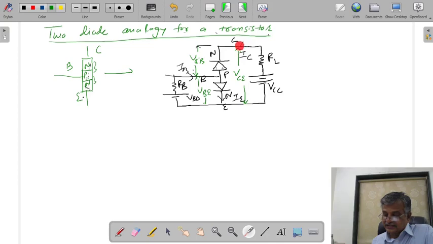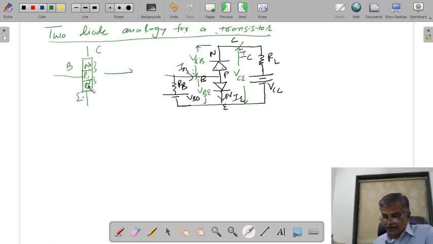This current flows like this, in the opposite direction to the arrow. Don't think the arrow always shows the direction; you have to see whether the diode is in reverse bias or forward bias. See, this one is in reverse bias, so the current flows in the opposite direction of the arrow. So IC is in this direction. This diode is in forward bias, so the current is always flowing in the direction of the ammeter arrow. It is like this.